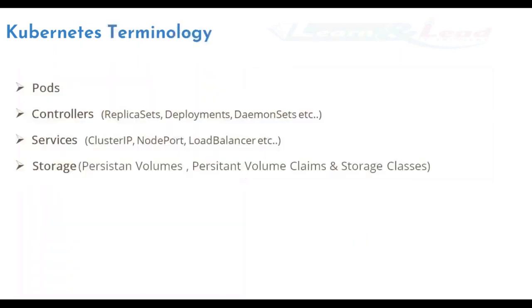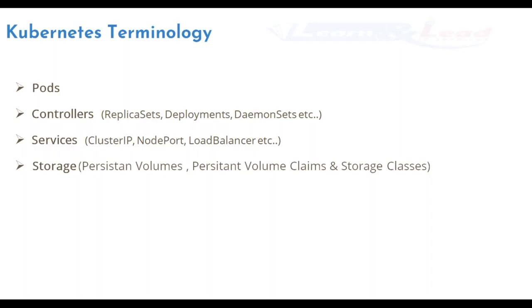Now let's jump on and try to understand the terminology that we use in Kubernetes. As I told already, Kubernetes is about deploying containers. Now the containers are called pods here. A pod is the smallest unit that we deploy in a Kubernetes cluster. Let's say that I want to create a container, then I say that I'm creating a pod. Now the pod has some extra features on top of a container. It is just another layer on top of it.